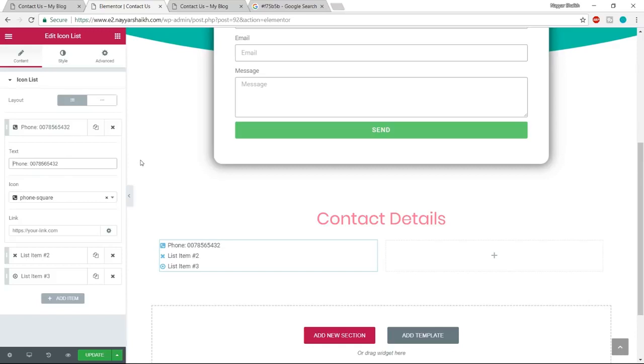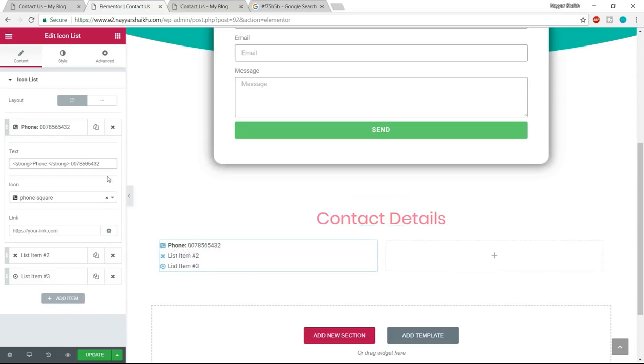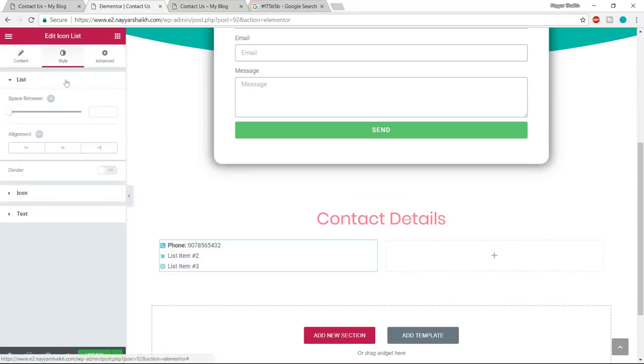So what you can do is, before this phone, we can type something like this, like left arrow and type in strong, then right arrow, or greater than, less than sign. Okay, so we want strong between this greater than, less than sign. Now again, copy this strong and paste it after phone. Okay, and just before this S, put this forward slash. Okay, now as you can see, once you do that, the phone becomes bolder. So this is looking better. Now go to style,